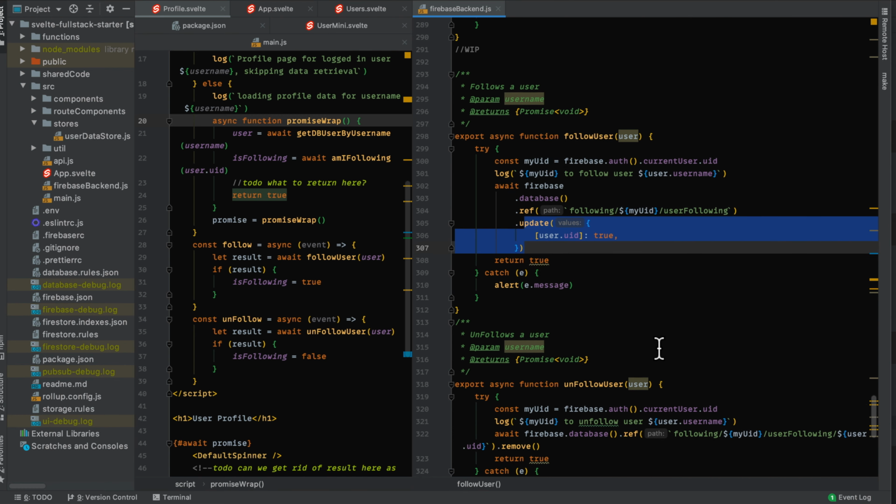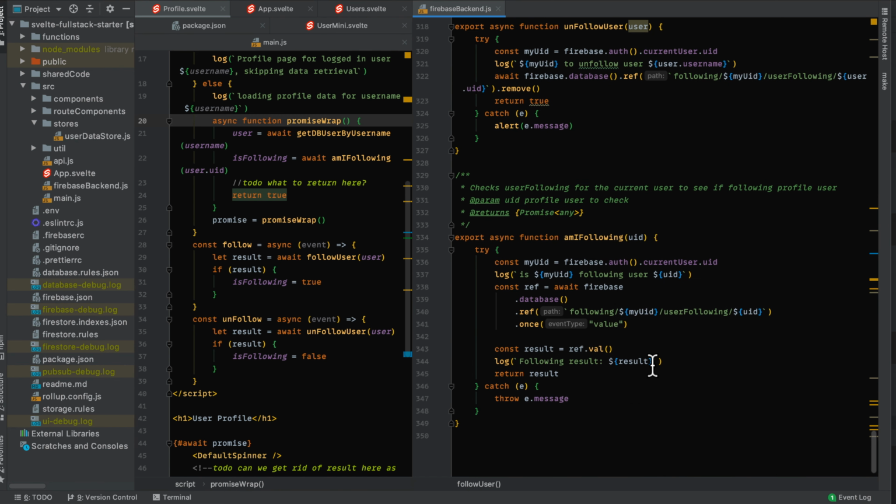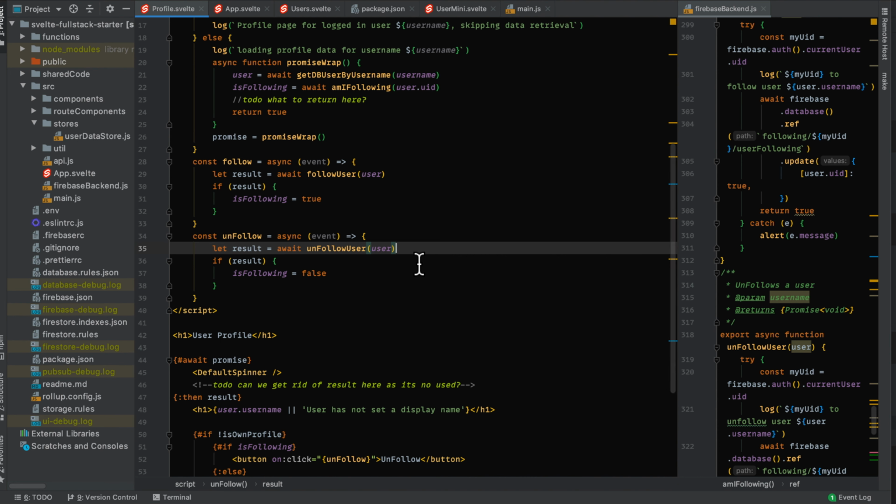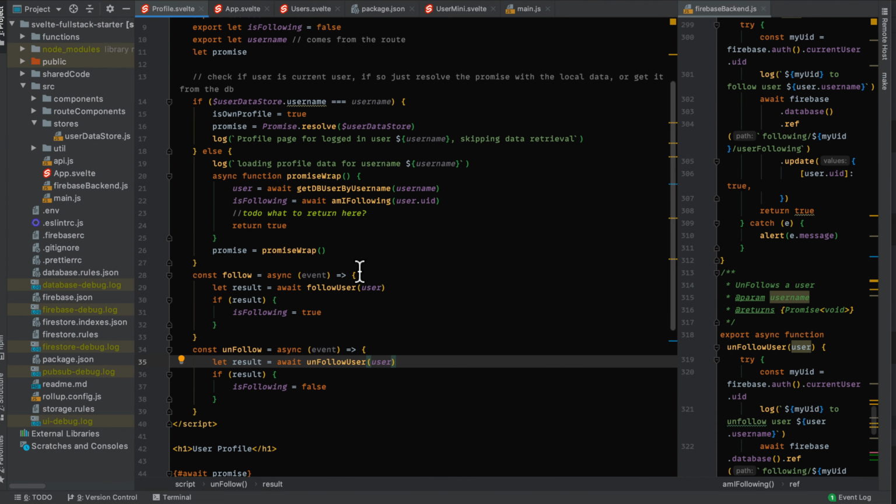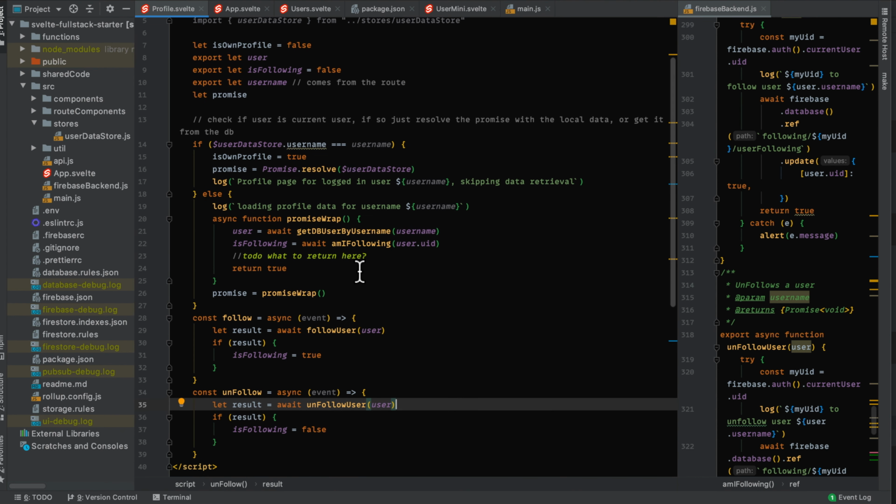In terms of reading it out, there's a function here called am I following, and what we're doing is we're just reading that path, and then we're returning the value, and then in the app we just look at that value, and if it's truthy or falsy, we determine whether or not the button is follow or unfollow. And if we just go to the profile here, there is a little bit of complexity here